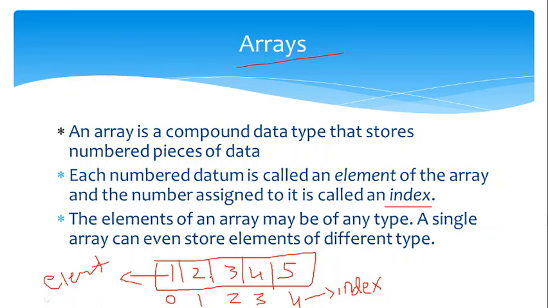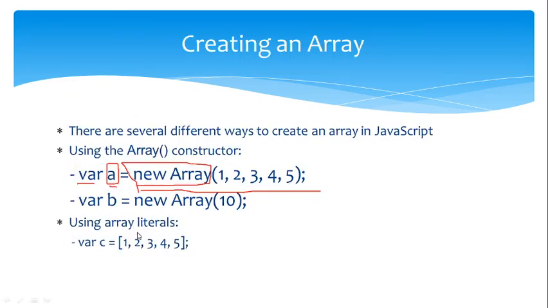These are all called elements or pieces of data. We will say the element or data, and 0 1 2 3 4 is the indexing, and the index always starts with 0 and ends with n minus 1. Okay, next. Using an array, c is equal to 1 2 3 4 5. Here we are giving the array name and defining the values.